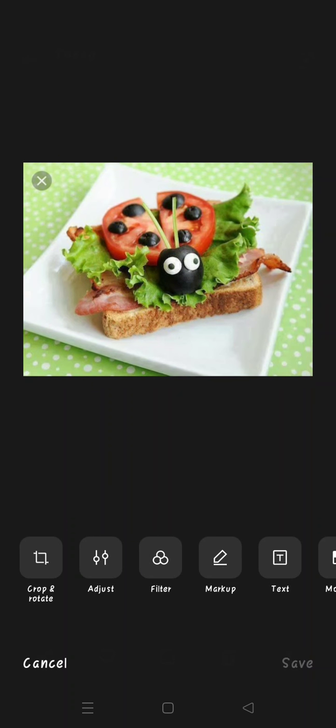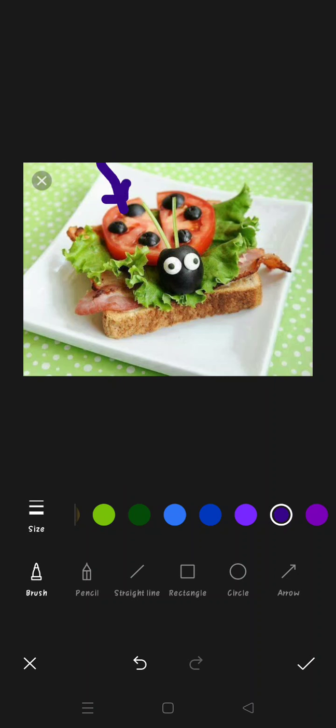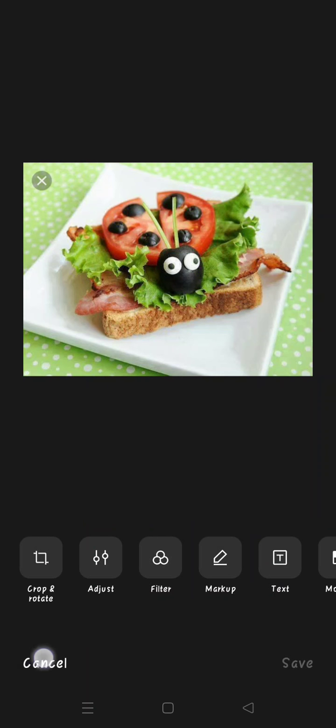Now what is this? This is a bed bug. Now on the slide of sandwich you can see the bed bug. Now in the bed bug what can you see? This is tomato, this is blueberry, this is spinach or cabbage. Okay, so you can see this image also.